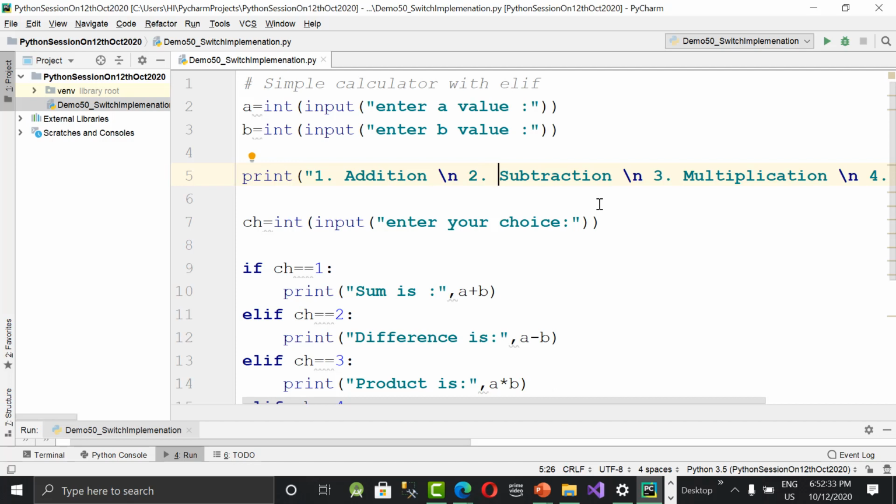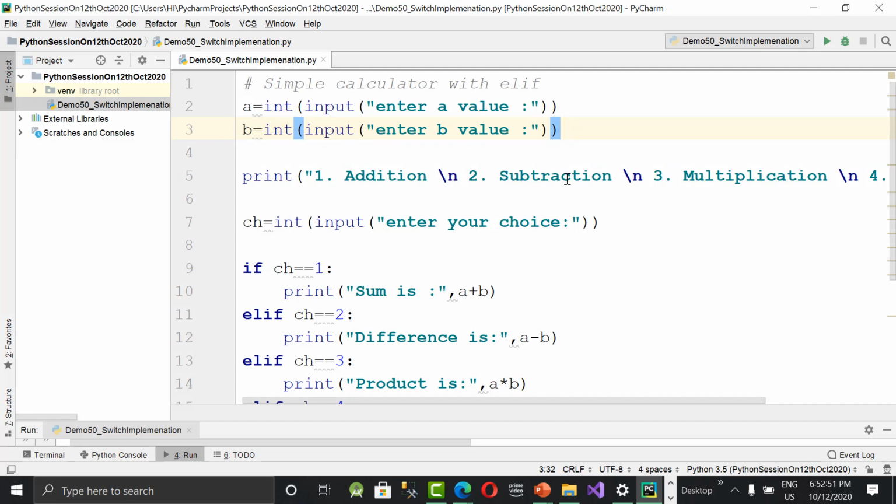Okay? Yeah. So I'll copy it later to the notes. All the programs I'll save in a file. Let's go to another example. Hope you understand switch case now. Any doubts in this, ma?